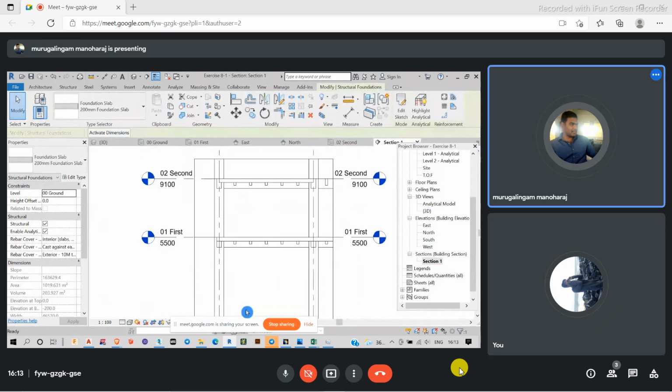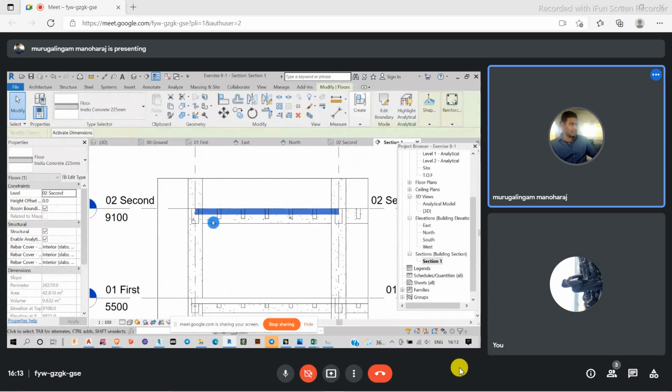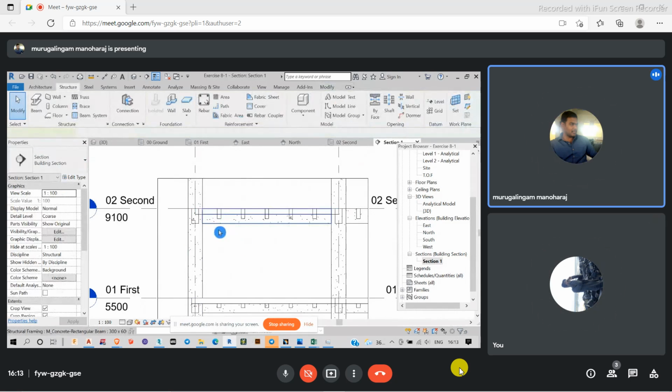It's my ground floor. I don't want to be in ground floor. I'm going to my first floor. Second floor actually. This is my concrete and this is my